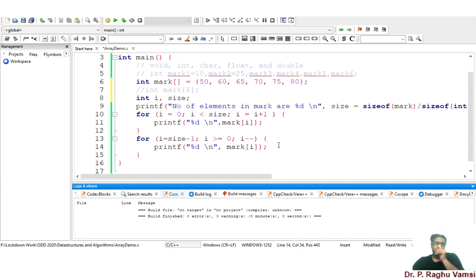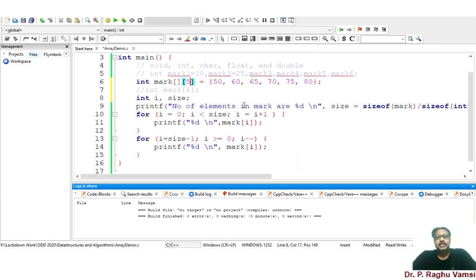Now we move on to the multi-dimensional arrays. Single dimension means in a unique direction, and multi-dimensional arrays will have row and column values. Single dimension array means only one index value is sufficient, but in case of multi-dimensional array you need to mention how many rows and how many columns the elements should spread into. So two indexes are required, like this, mark of, say for example, 5.